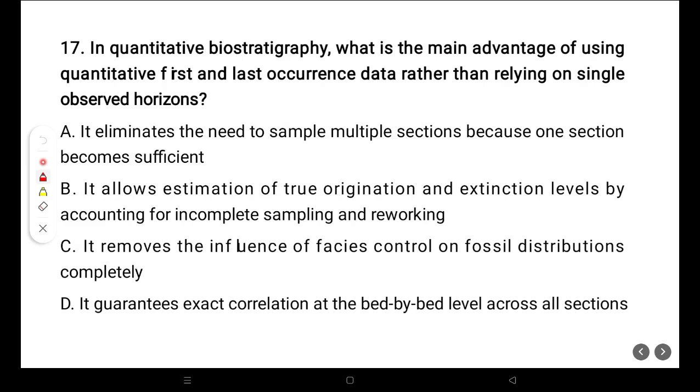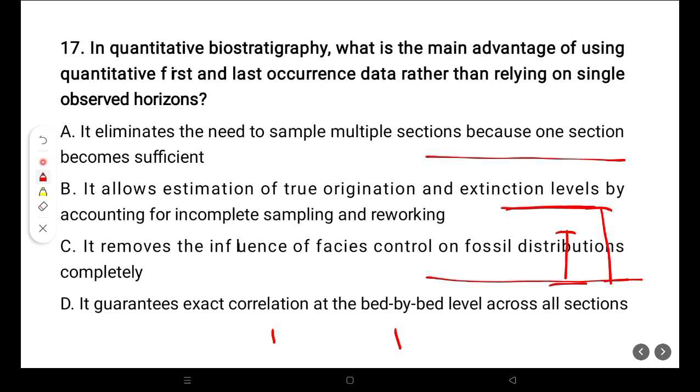there sometimes will be mistakes. Suppose here one bed is there, here one bed is there, and the fossil we are getting from here to here, this is the range. But the paleontologist studied only from here to here in this section. He thinks this is the true range, and he established the biostratigraphic zonation. But after some time this fossil reappears, and because of some environmental condition or facies control, this fossil is absent